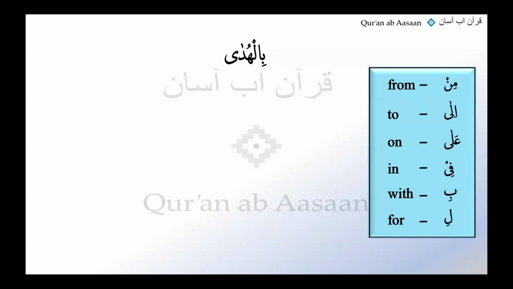Now, this one. What's my favorite thing to say again and again? One word or two words? When in doubt, what do we do? If you're unsure if it is one word or two words, what do we do? We read it. It's bil huda. It's different from, we have done this noun before, al huda. So it's bil huda. It should give you a hint. What is it then? It's B plus al huda. B and al huda. Yeah, good.